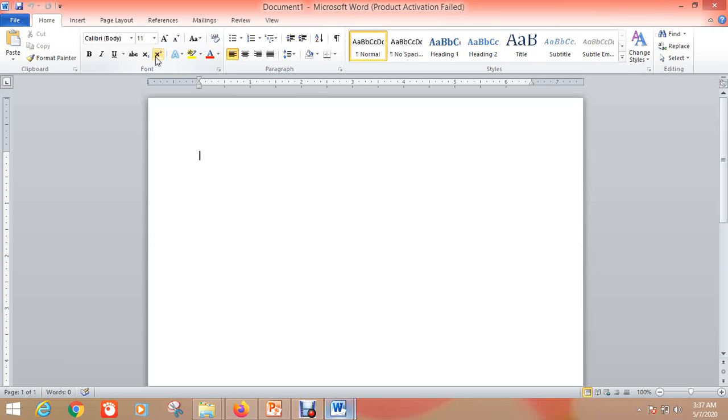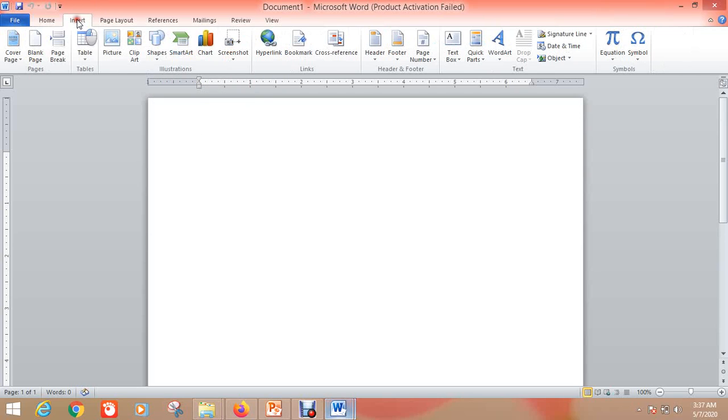For this, if you want to insert an image, you have to go to insert tab. Then there are different options whether you want to insert a picture, clip art, shapes, smart art, chart or a screenshot.